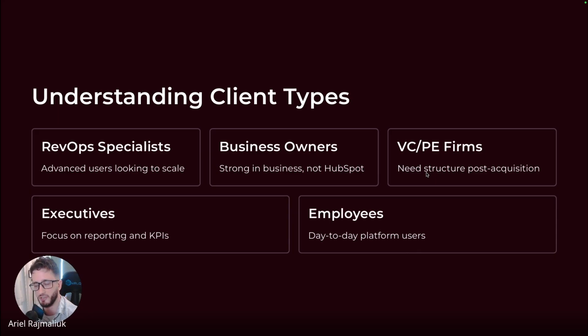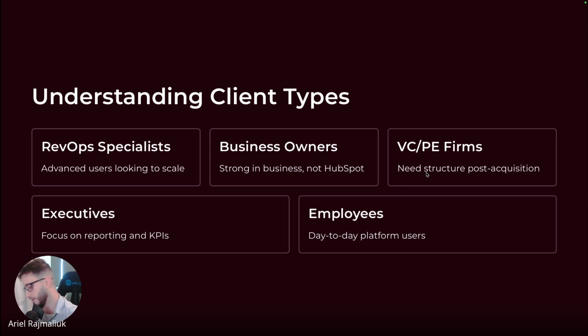So RevOps specialist, this is a person who knows HubSpot a lot, and who knows revenue operations. Usually, this is someone who is in charge of the RevOps team at the company. They know what they need, and they just need your help for execution. So in those cases, the conversations are very technical. That flows better. And maybe instead of having 2-hour conversations, it's just 15 minutes, you already know what you need to do, and that's it. So that's one scenario where you are talking to someone technical at the company, and probably that's the best scenario.